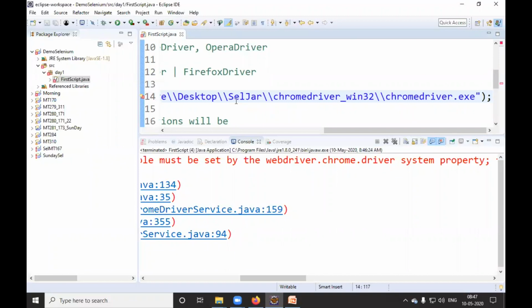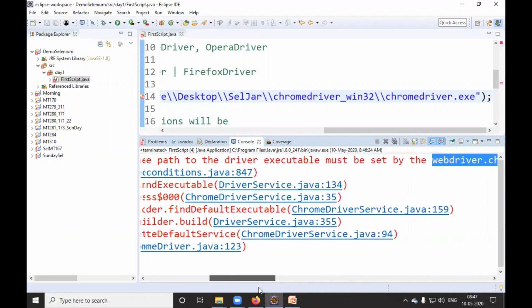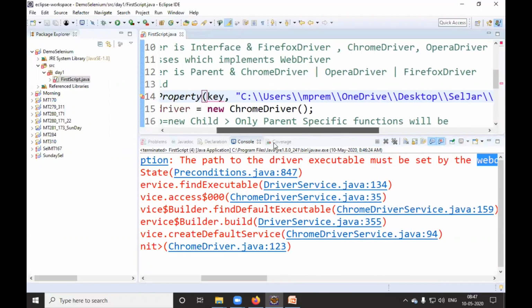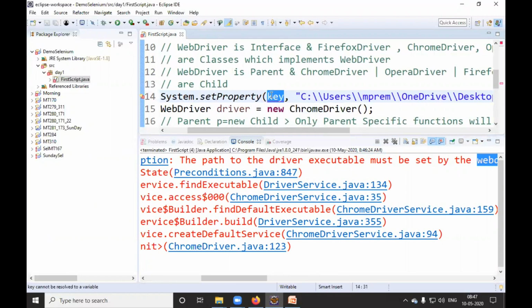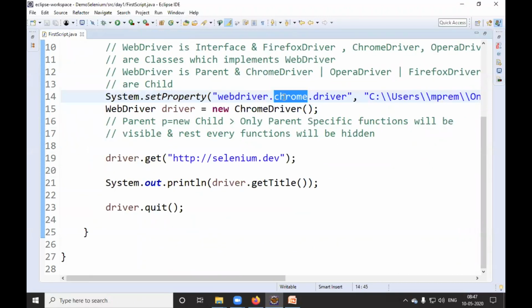In the key, you write webdriver.chrome.driver. If you're working with Opera, you write Opera there. Only this middle part changes, but currently I will keep Chrome. If you're working with IE, you type IE. I will run it and let's see.